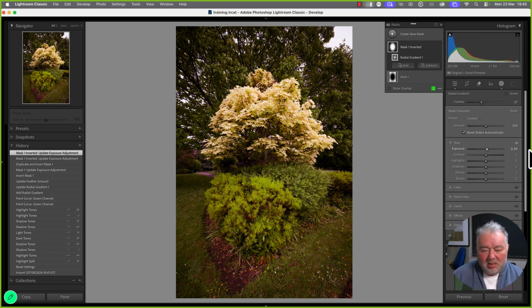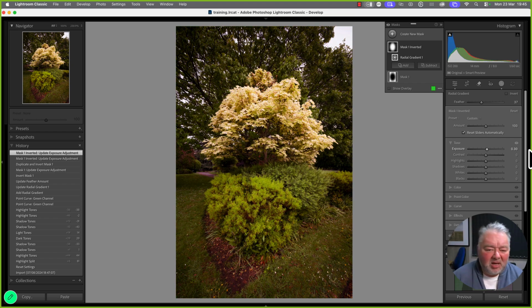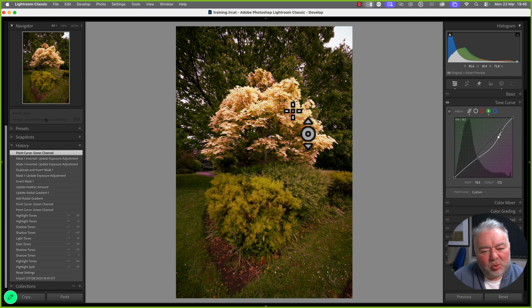There we go. Before, after, before, after. Bit too bright, maybe, maybe not. Depends on the way you like it. It's up to you. Okay, go back to the tone curve. And I use the term dancing. I'm dancing between tools, adjusting one to get one effect. There we go. Going back and adjusting, tweaking the other. And there we go. And then could just finally go into the detail panel